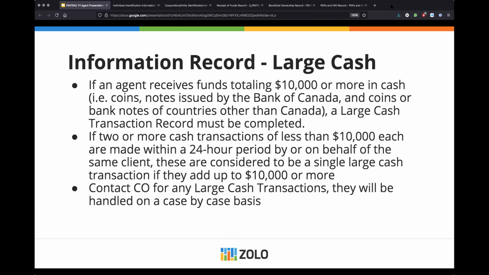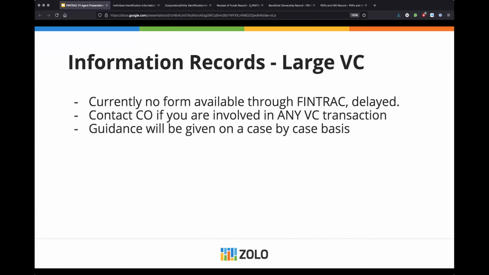They will be handled on a case-by-case basis. I have asked the broker of record in both BC and Ontario, and I guess Alberta, and I'm broker of record in Manitoba. We have never received cash in large amounts, but if this is something your client is doing, please escalate it to me. I think that this is becoming more and more relevant in that large virtual currency deposits towards the purchase of a property